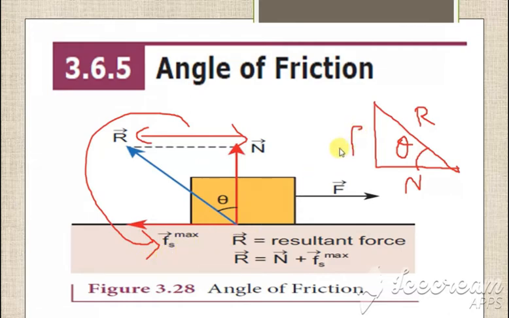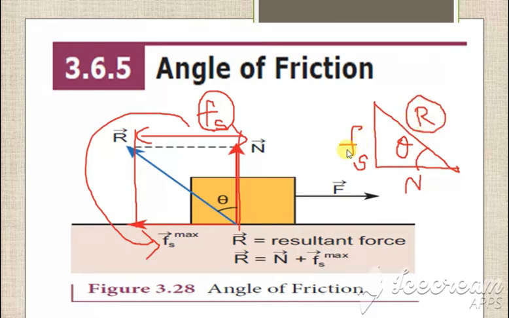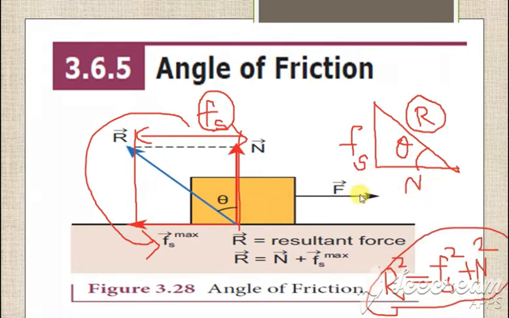So this can be written as Fs, because both are at the same equal distance, is it not? So here, this way it is equal, so this can be written as F of S. Okay, so from this we can write, according to the Pythagoras theorem, the longest side square is equal to the sum of the other two sides' squares, is it not? So this can be written as r square, which is equal to fs square plus n square. So this is one equation which you are going to write using this triangle.